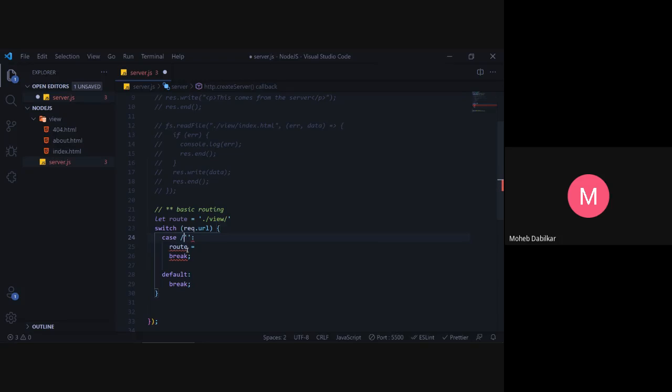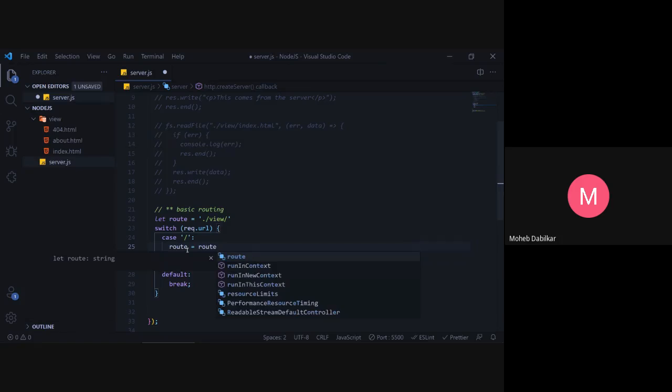Yes, this will be a string. Okay, and then route equals to route plus index.html.